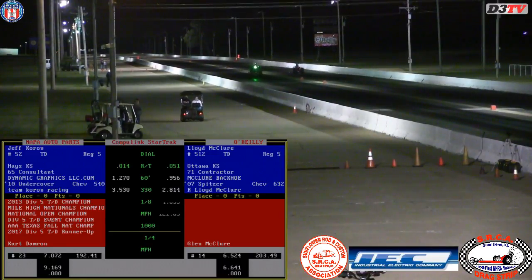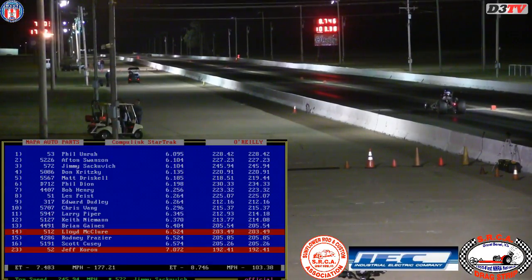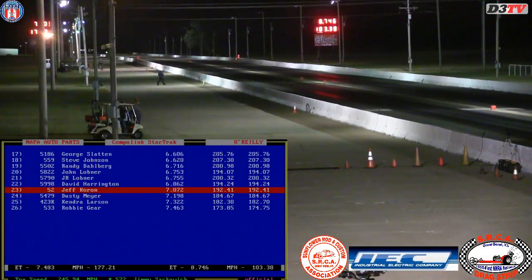Coron still with some problems. You can hear him on and off the throttle. Goes 748 at 177, 874 by Lloyd. He too having some issues getting from point A to point B. So Lloyd will stay 14. Coron stays number 23. Phil Unruh stays number 1 and elects to sit out the session because I do believe